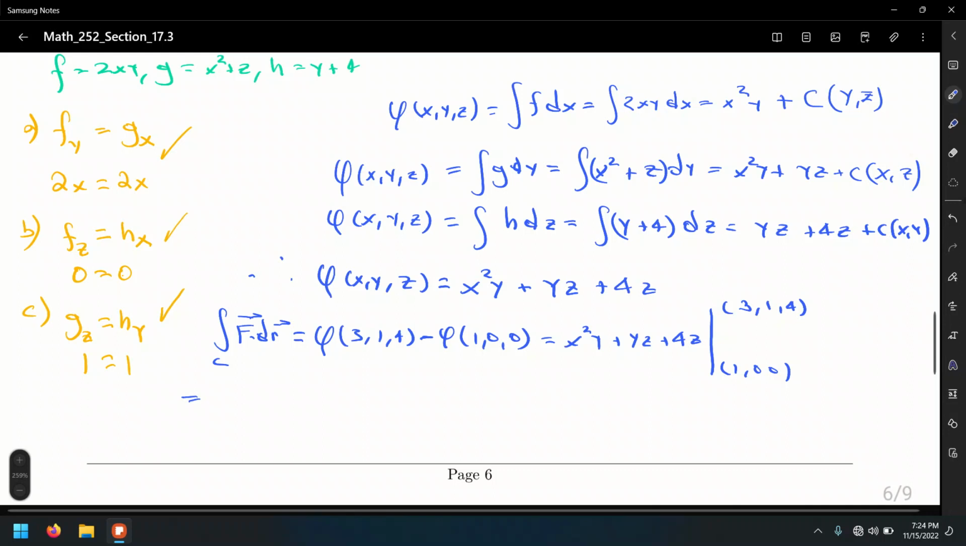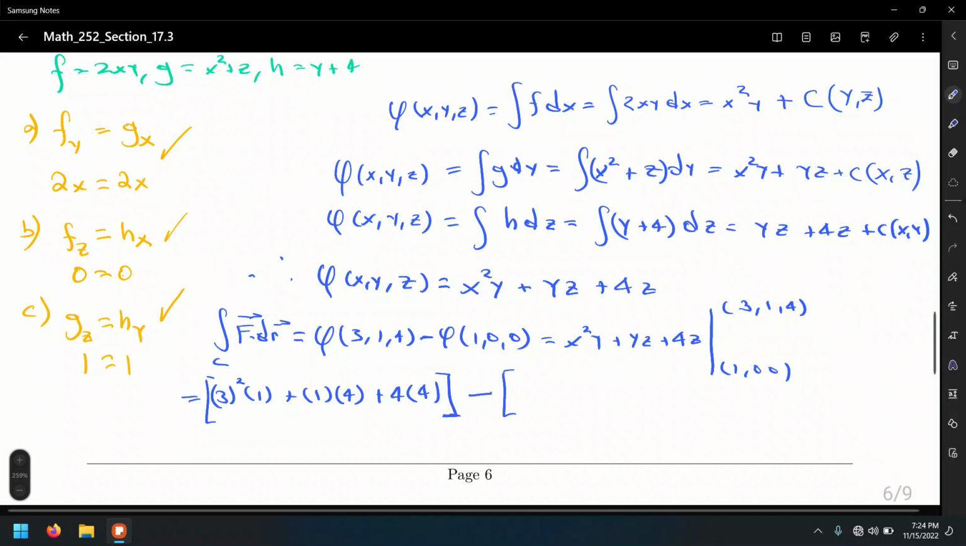Careful, because we have x's and y's and z's all over the place. Be careful with what you plug in and where. So x squared, that is 3 squared, times y, which is 1, plus y, which is 1, times z, which is 4, plus 4 times the letter z, which is 4. So that's the upper limit